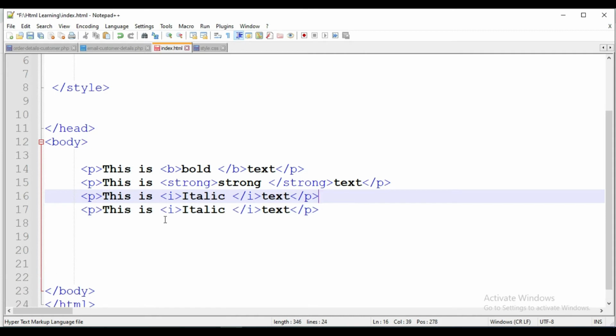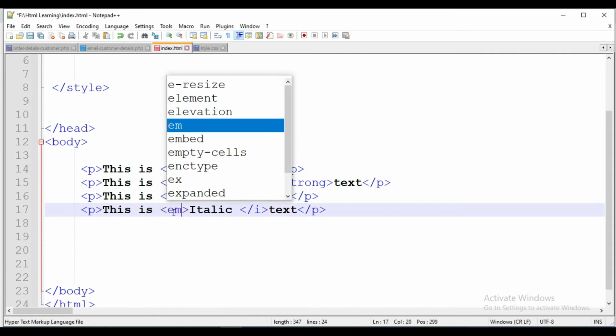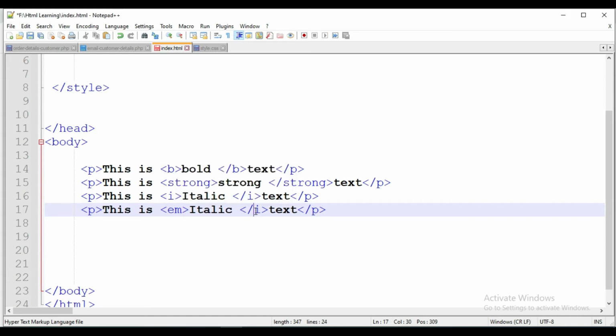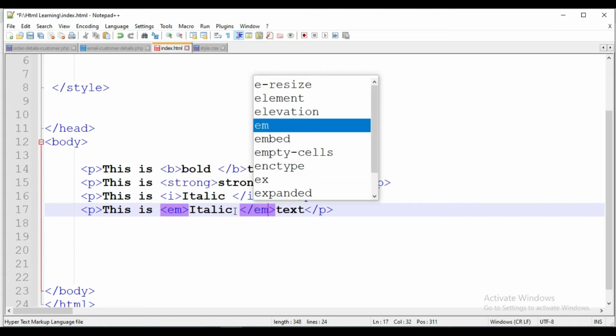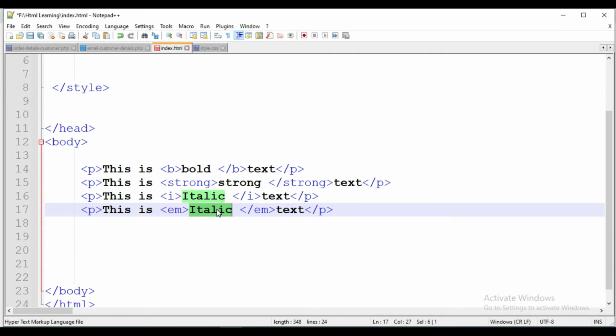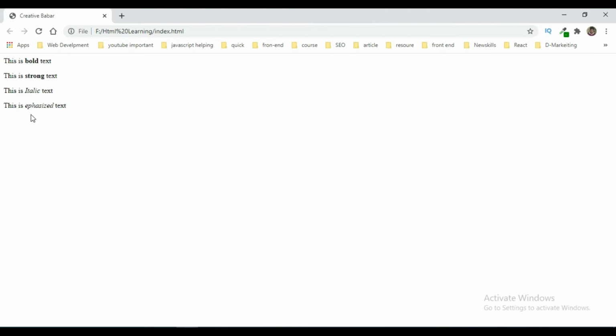So I duplicate it, and here I put EM, and here also EM, and here I write emphasized. So emphasized and italic are most similar.